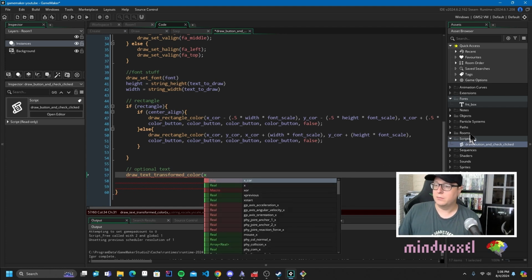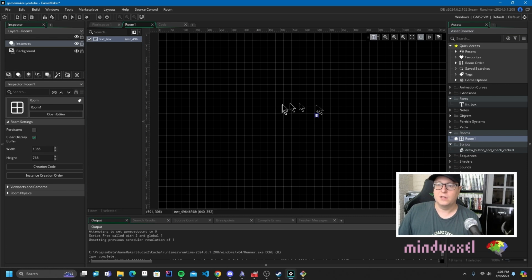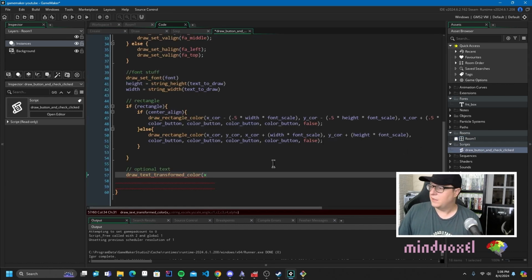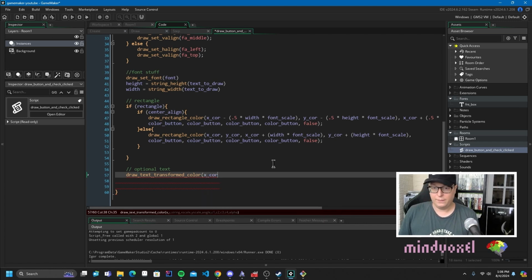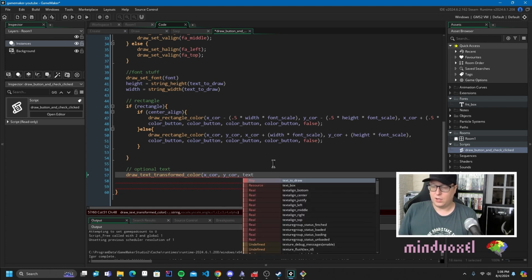If you look at the room, and this is a bit of a tangent, that's where our object is, but really this is kind of just a placeholder for us to write all of our menu logic. We don't care about where this thing is in space. We don't care about its X or Y. We care about where we want to draw things on the screen. So that's why we're using our own arguments that we pass in. So we're going to use the X coordinate here and the Y coordinate here. And we're going to provide our text to draw